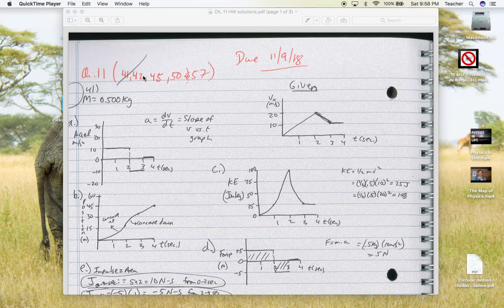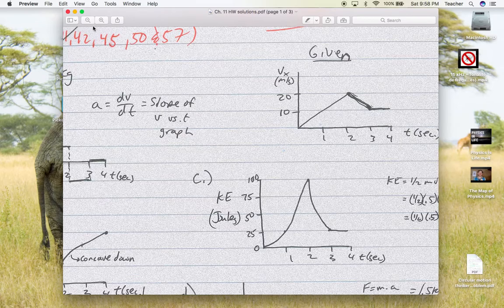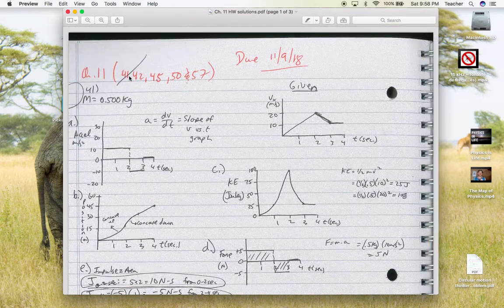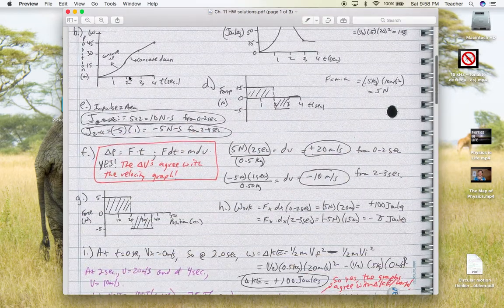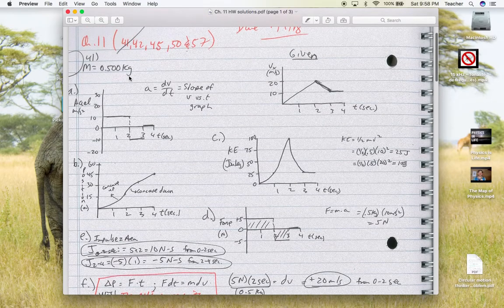The Chapter 11 homework. There are only 5 problems, but they're pretty detailed. Ooh, that's kind of zoomed in a lot. I do need to correct one of them, though. So